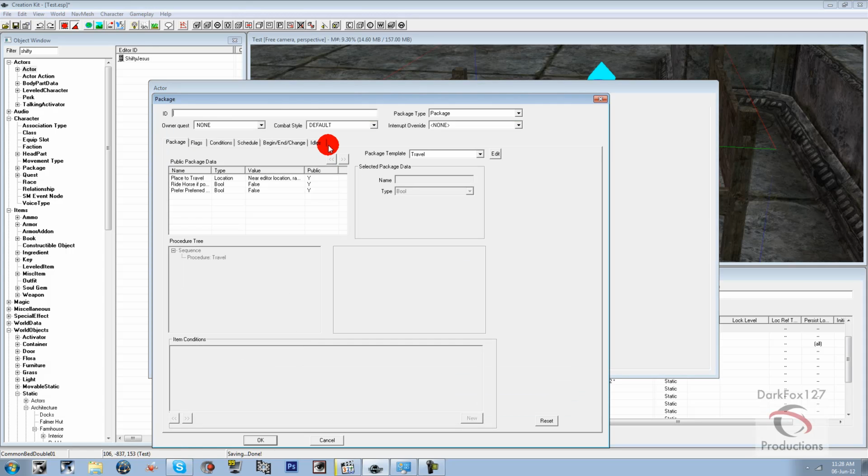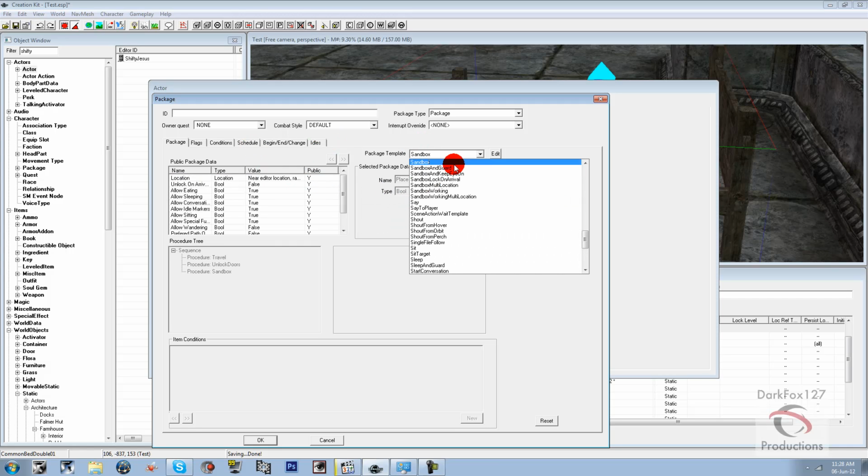And then one more package, and this is quite an important package. You basically want one that says that whenever he's doing nothing else, when he isn't working, when he isn't sleeping, this is what he's going to do. So you want him to just wander around basically. So you want to go sandbox,